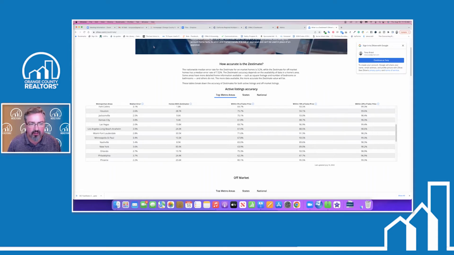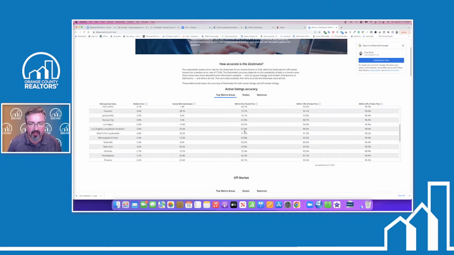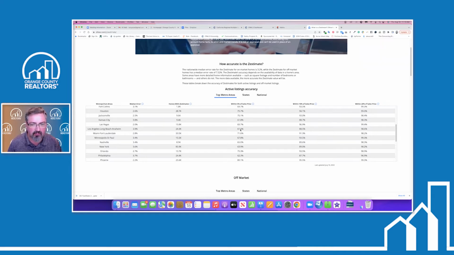Since March of this year, to be within 5% of the price, you're talking about being only 61% accurate. Okay. To be within 5%. So now we're talking about almost a 39% chance that they're not accurate at all about its estimation. Here, to be within 10%, it's 88%. To be within 20%, they're 98% accurate. Okay. Way different than the 99 and